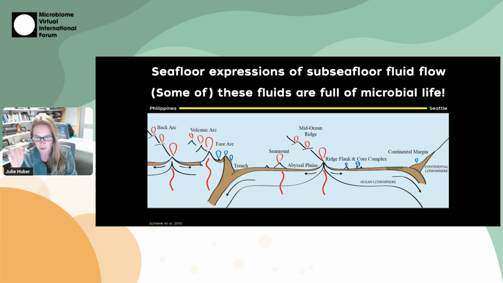The simplest thing that I do, which is not in fact that simple, is I go to the seafloor and fluids that are naturally leaking out of the crust, I collect them and I count the cells under the microscope. And they range in concentration from a few hundred cells per milliliter up to 100,000 cells per milliliter of water. And in fact, it was from collecting water from vent fluids shortly after the discovery of deep sea hydrothermal vents in 1977 that even the idea of a subsea floor biosphere within the rocky crust was first hypothesized. Scientists had known for a long time, for example, that marine sediments had contained microbes, but no one knew that fluids were even leaking out of the crust until hydrothermal vents were discovered in the Galapagos.